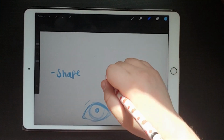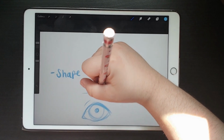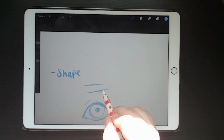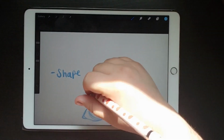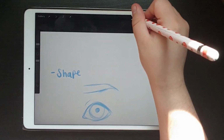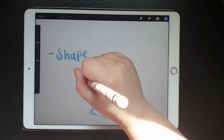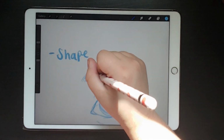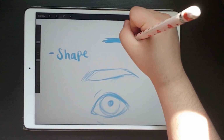But if I'm going for my default eyebrow, like I said, I'll just sketch a straight line, and then this part at the bottom will curve up a little bit towards that, and then I'll just make a basic tail, I suppose. It's not really anything too fancy. And then if you're somebody who wears makeup, this step will be really easy for you. It's just little feathery points at the tip of the eyebrow so that it doesn't look so boxy,